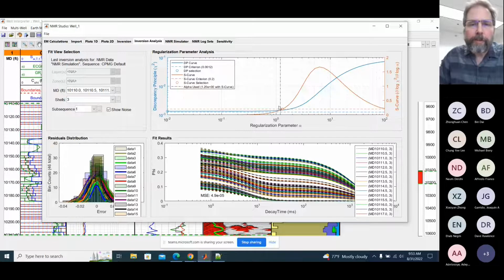And so then it went ahead with the, or no, actually, I guess it did use the S curve, but it picked 1.2, which is fairly low. Or, I mean, it's not super low, but a lot of times it'll pick a higher one when we have the noise. So